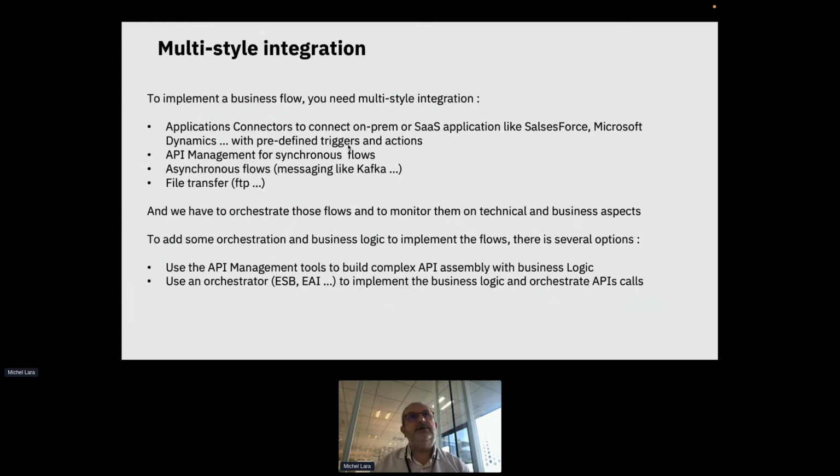You can orchestrate some API internally in the API management system, but also externally from an orchestrator, a broker, an ESB, an ETL with a predefined connector.